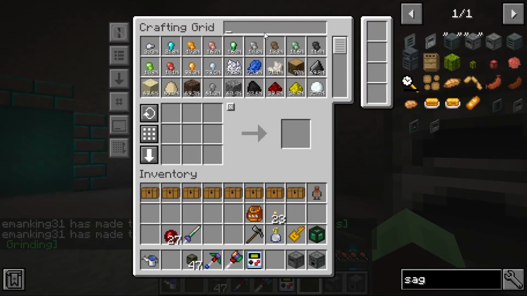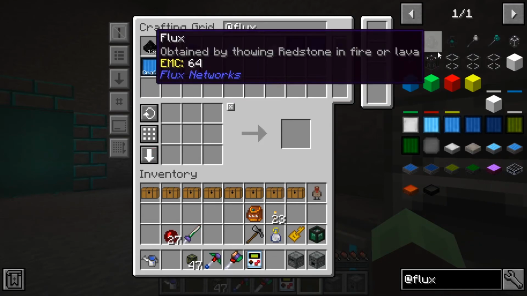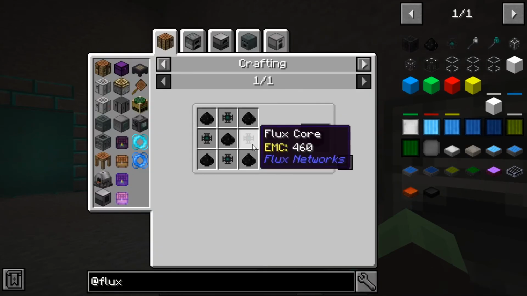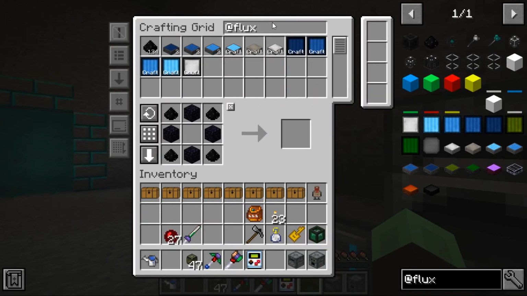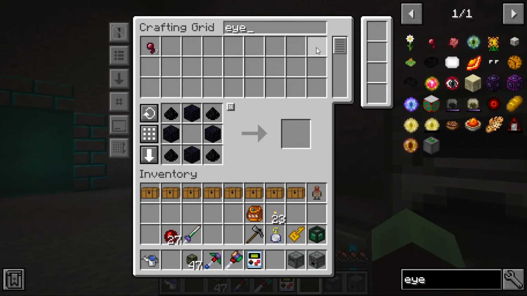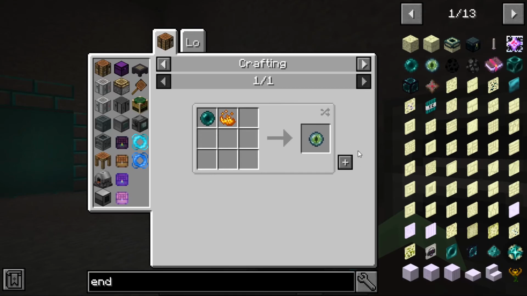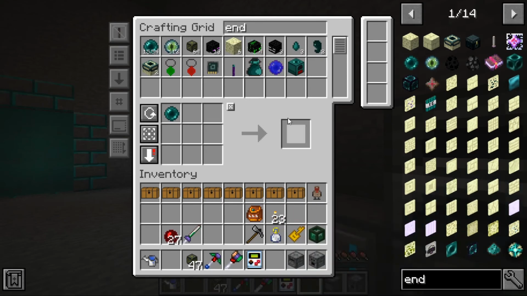But first, before we do that, I want to go to @flux. I want to do our wireless power. So that's going to require... Do I have Eyes of Ender on Autocraft? I think I might have put them on Autocraft for something else. Nope. Let's just craft them like this. That'll be quicker. It's like a stack and something. I think that was just all the rest of the blaze pattern we had. So